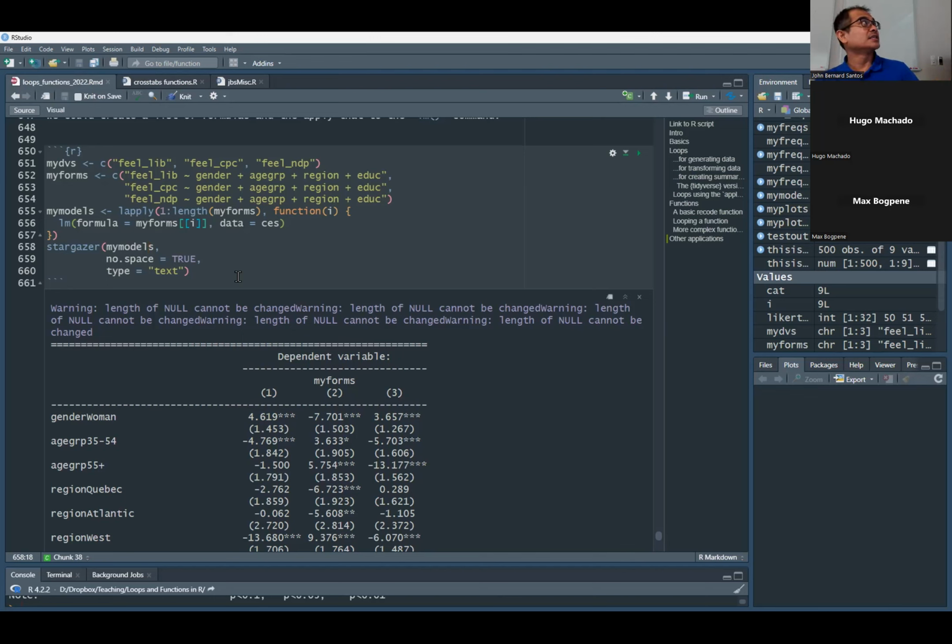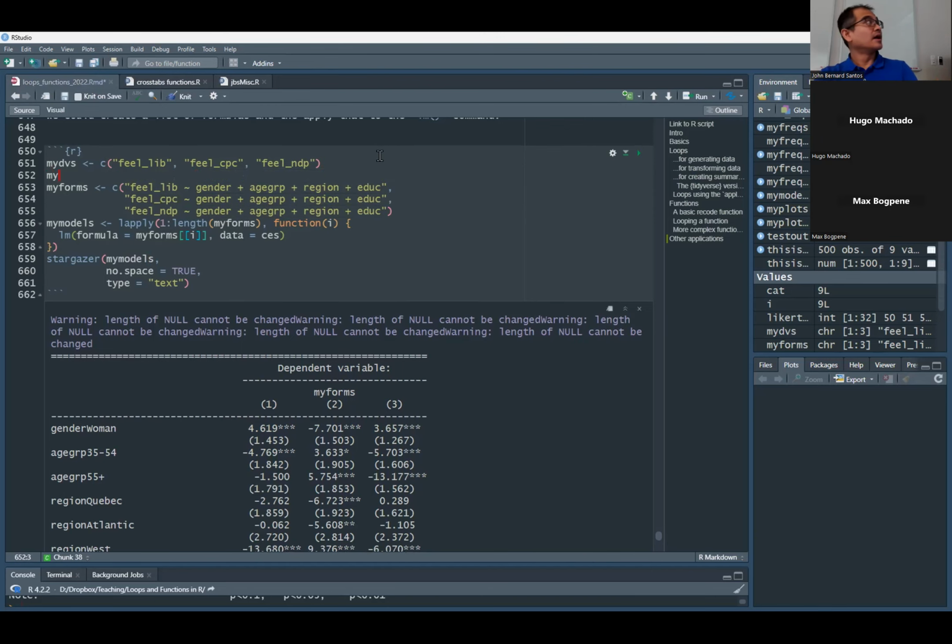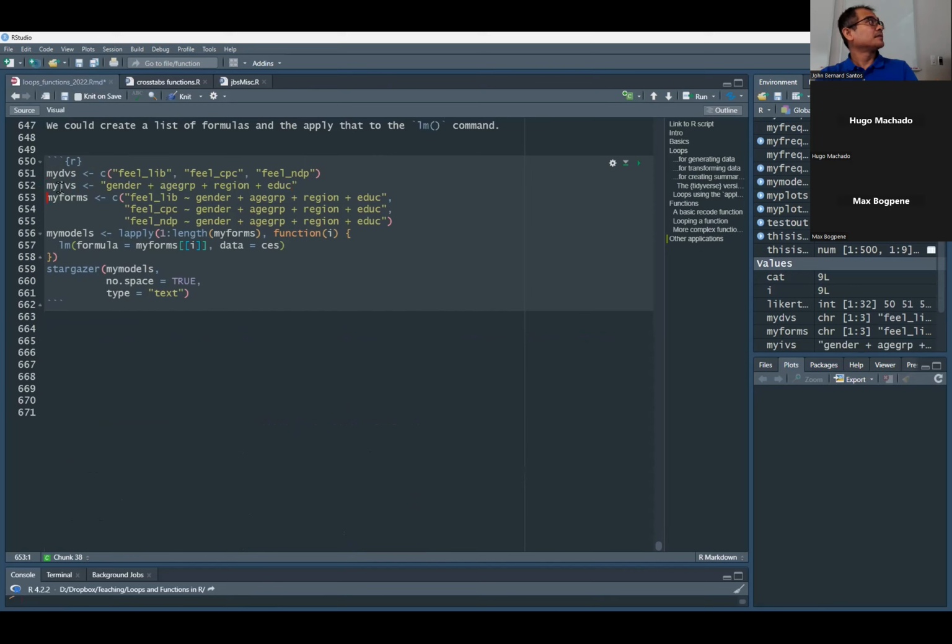I think that's easier, right? So let's say you didn't want to keep writing this out. You could go DVs. So let's, like, my IVs, where it's just a text string, right? And then under my forms, you could go